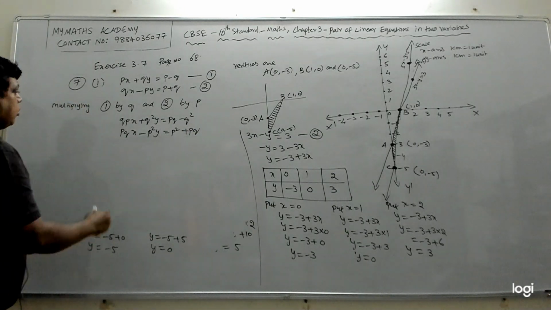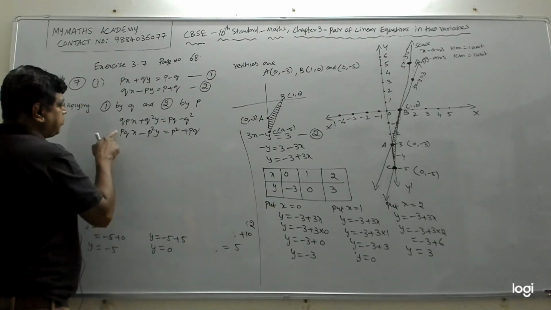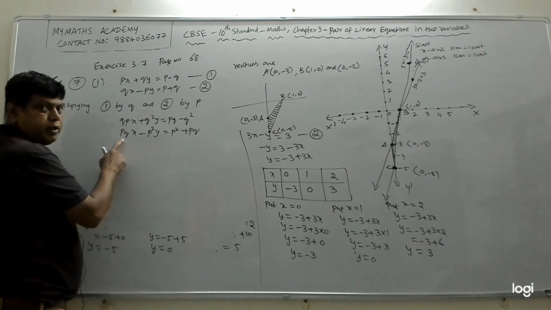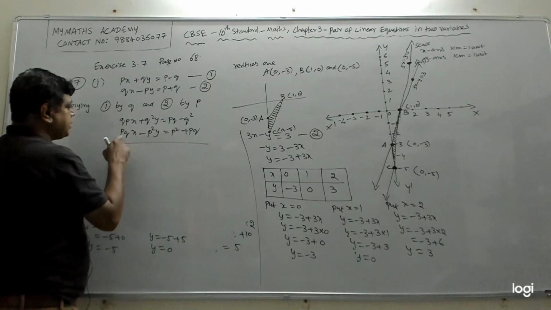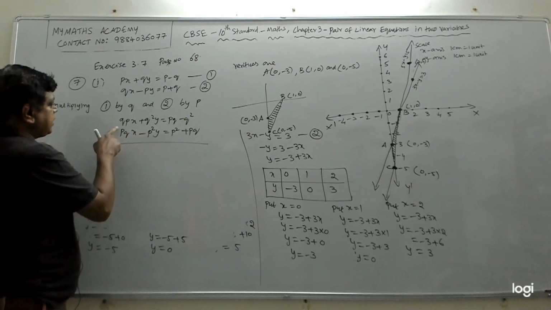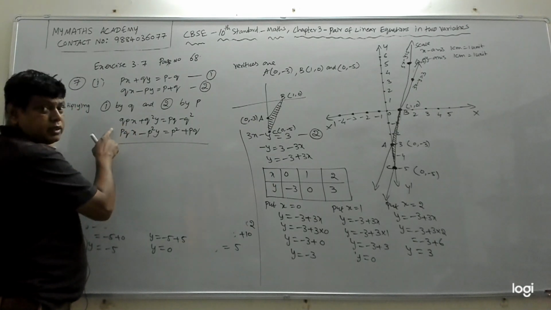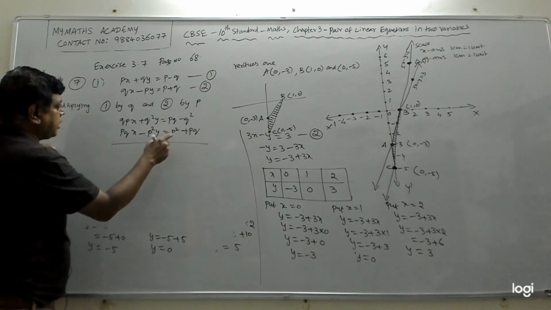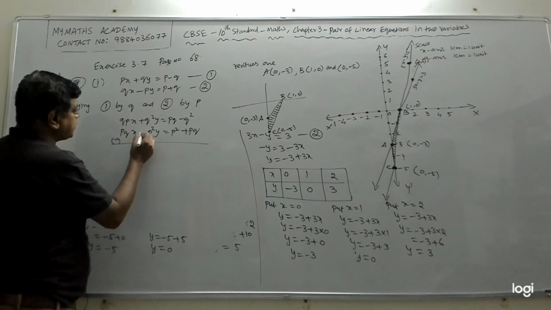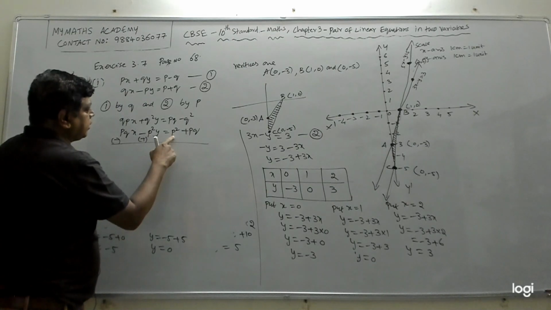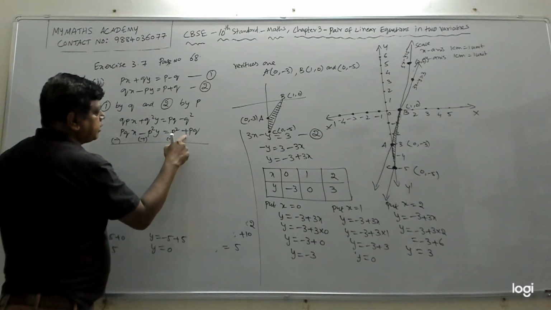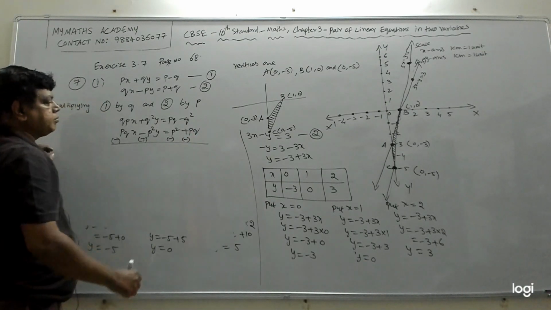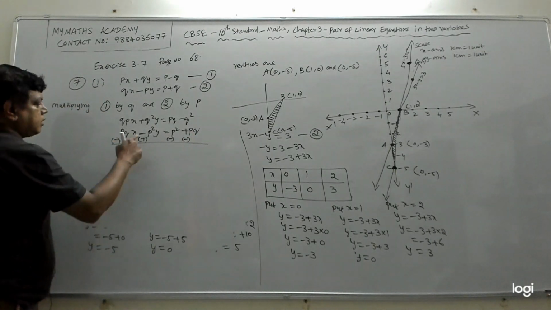Fine. Now we have made the coefficient same. This is also QP, this is also QP. PQ or QP, both are same. Right? QP means same as PQ. Now the signs are what? Plus, plus. When the signs are plus, plus, we have to change the sign of the second one, which means we should subtract. So this will become minus. This minus will become plus. Here it is plus P square, it will become minus P square. Here plus PQ will become minus PQ. Right? So every term sign we have to change.